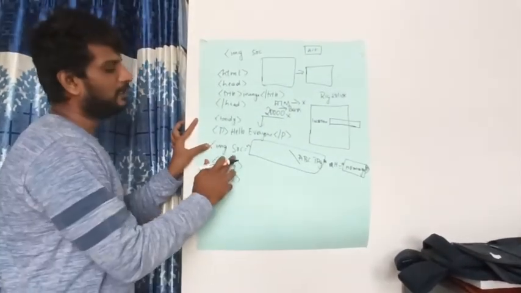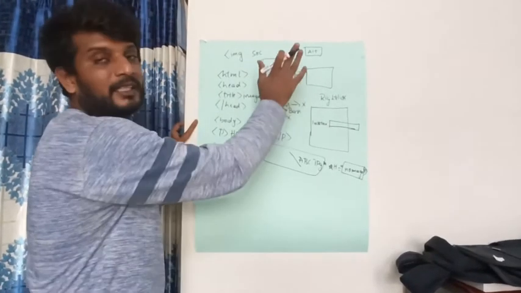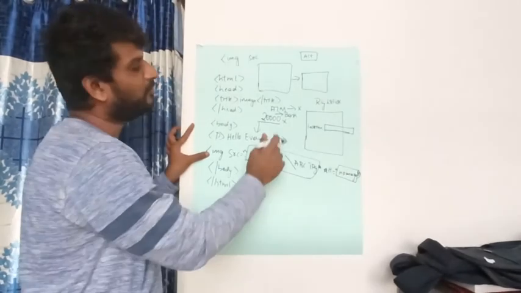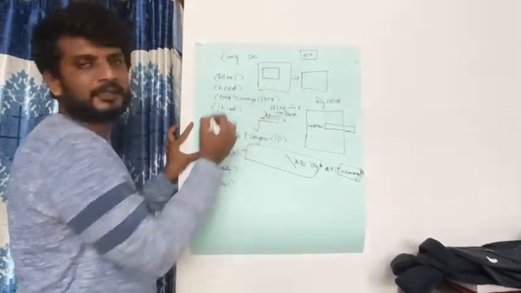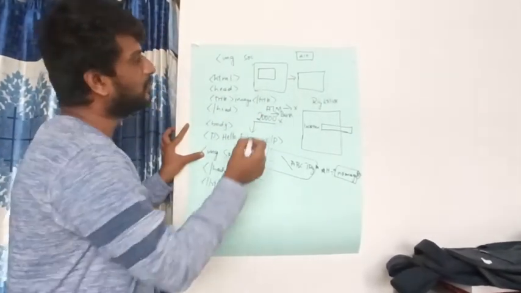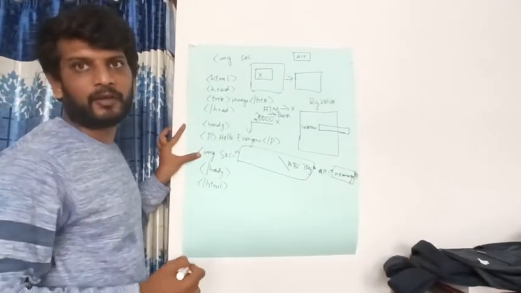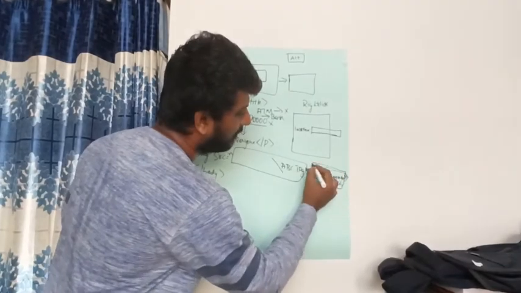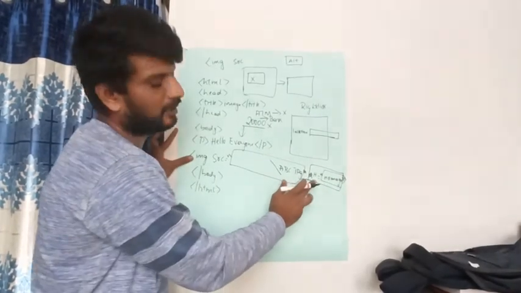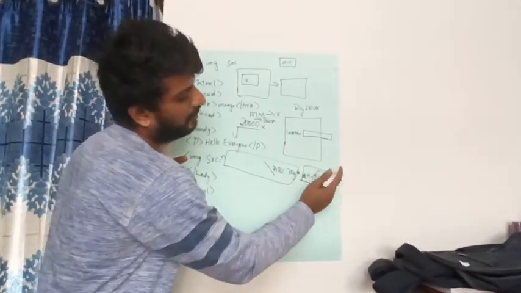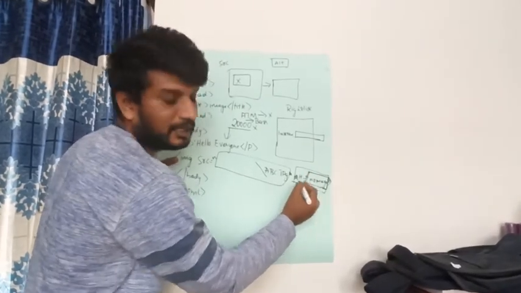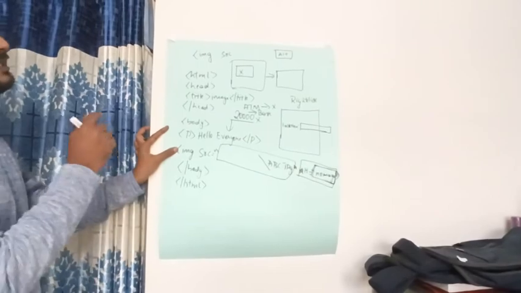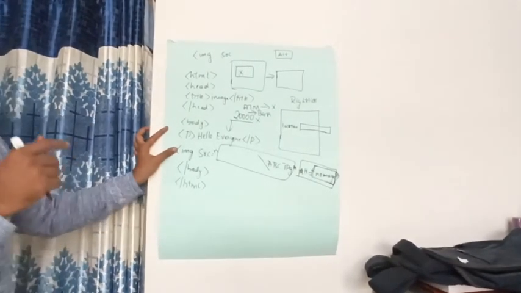In the same way, if the image is found within the computer, then that particular image will be displayed on your monitor screen. If that image is not found in your computer, then whatever message you have written within the alt will be displayed. So this is regarding the concept of images.